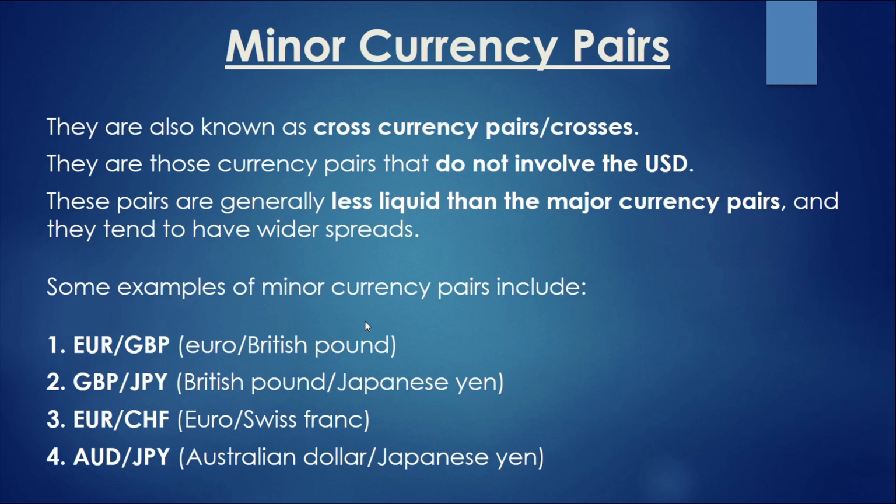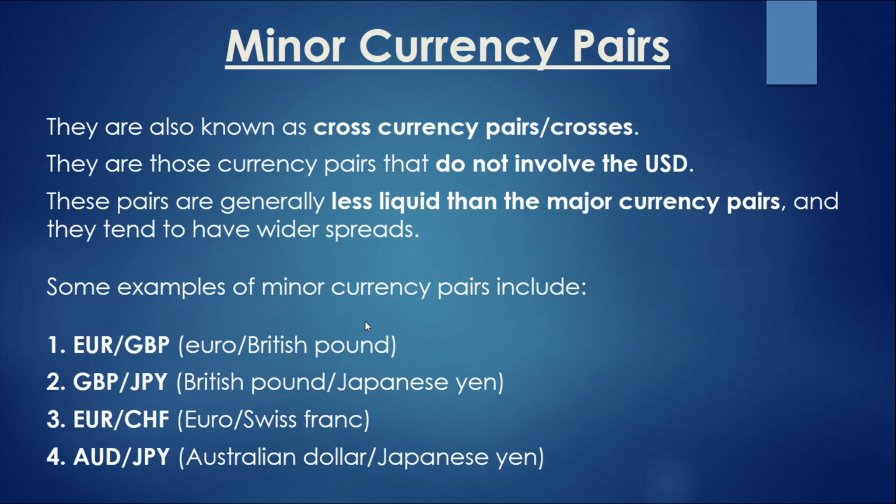They are also known as the cross currency pairs, or the crosses. So if you hear somebody saying the crosses, you should know exactly that they are referring to the minor currency pairs. Now, these are the currency pairs that do not involve USD in them. If you see any currency pair that doesn't have USD in it, that's a minor currency pair, which is sometimes called the crosses. These pairs are generally less liquid than the major currency pairs, and they tend to